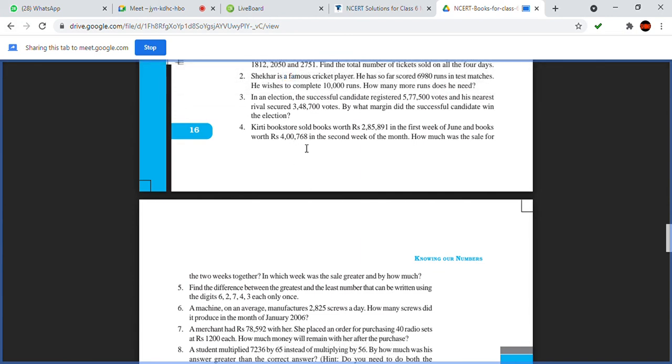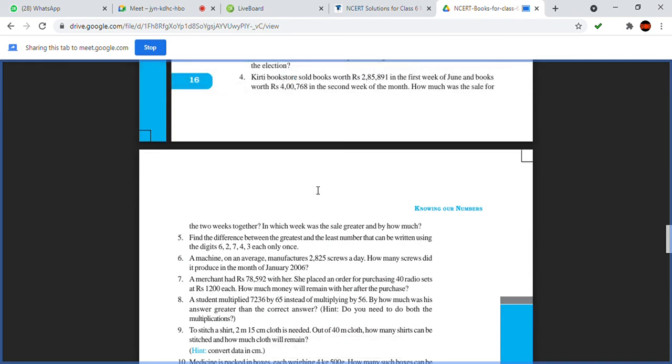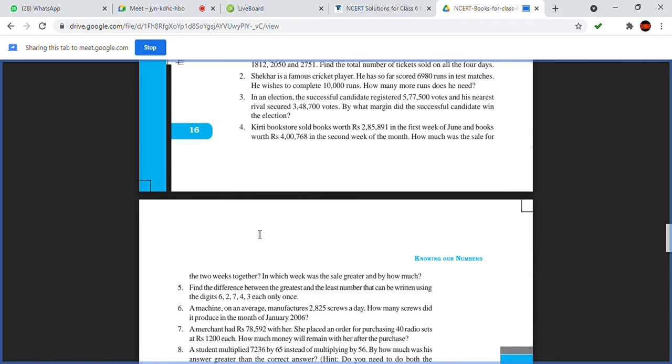Total sale or otherwise sale for the 2 weeks together, which is easy. You think the same, you can write. If there is little difference in your steps, no problem. The steps should be meaningful. That's only. Okay. Total sale or sales for the 2 weeks together. There you can write